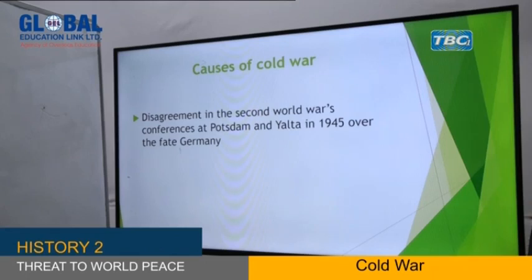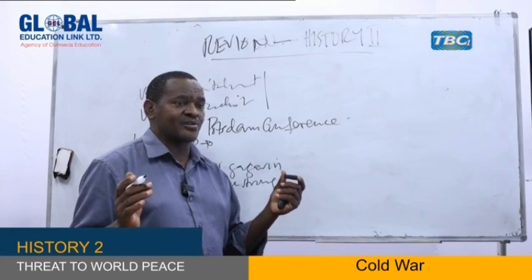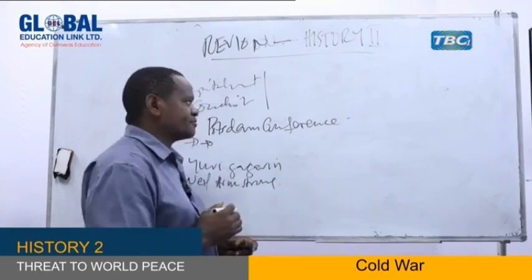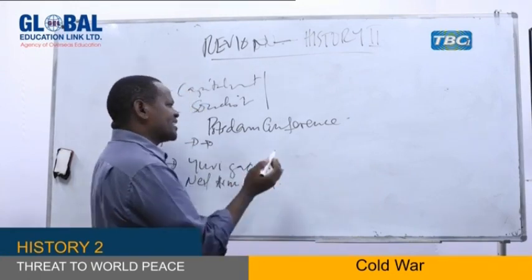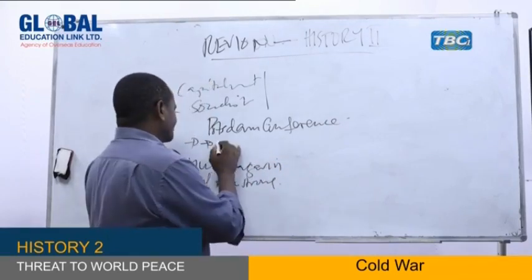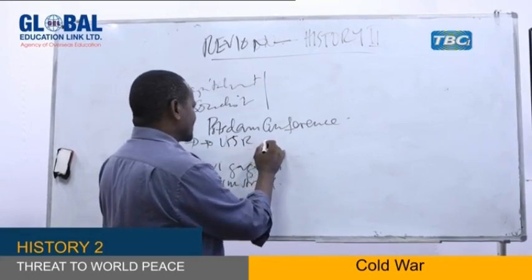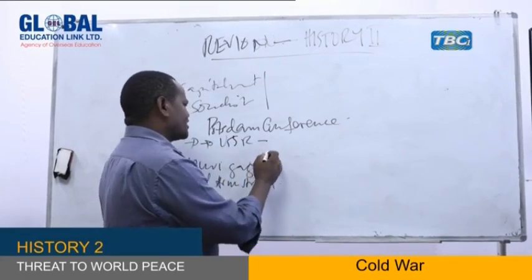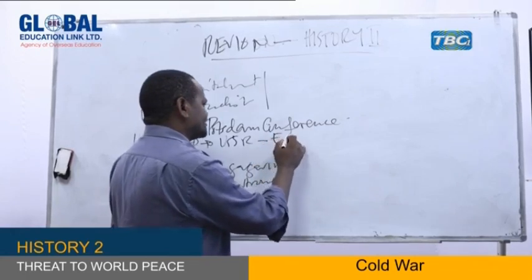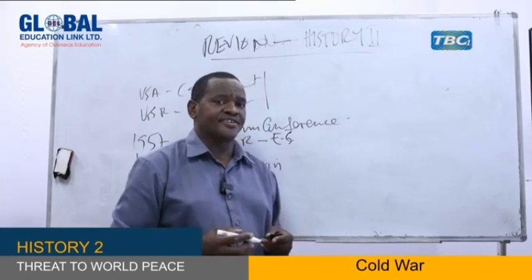First of all, we said the USA used the atomic bomb without informing the Soviet Union. So already there was some suspicion among these leaders. But the other thing is they disagreed about the fate of Germany. What should they do to Germany? The Soviet Union, USSR, took the eastern part of Germany, East Germany, and they were supposed to withdraw from the areas they had conquered,